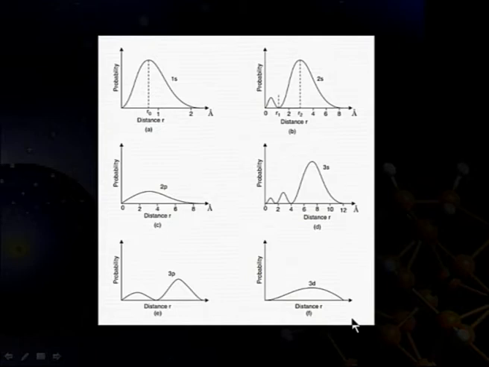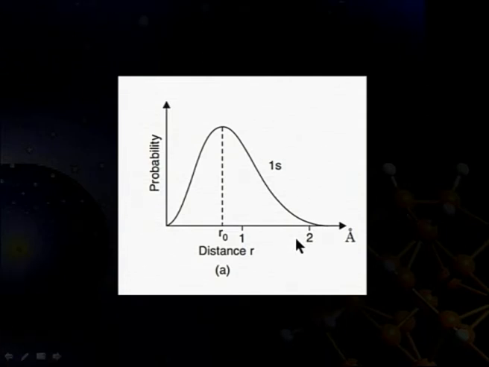From the curve for 1s electron, it is evident that the value of D is 0 at r equal to 0. Now D increases as r increases from 0, passes through a maximum, that is a peak, at r equal to 0.53 angstrom, which is equal to the radius of the Bohr's first orbit r1, and finally falls to 0 as r tends to infinity. Thus, for 1s electron, D is equal to 0 at r equal to 0 and infinity. D is maximum at r equal to 0.53 angstrom,